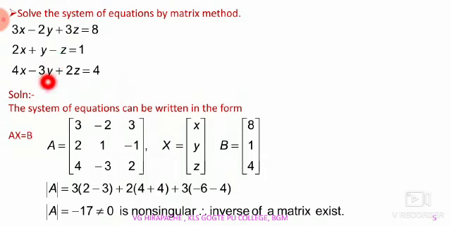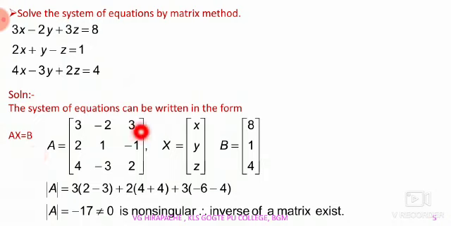And 4x minus 3y plus 2z is equal to 4. These are the three linear equations in three variables x, y, z. Let me arrange these equations in the matrix form. For that, the system of equations can be written as AX is equal to B, where A is equal to,